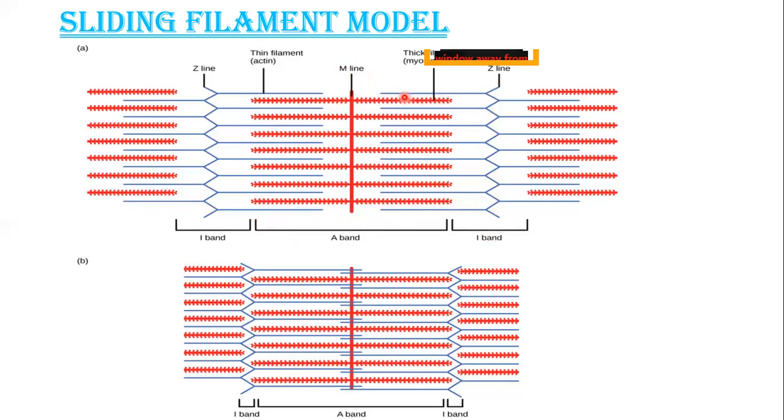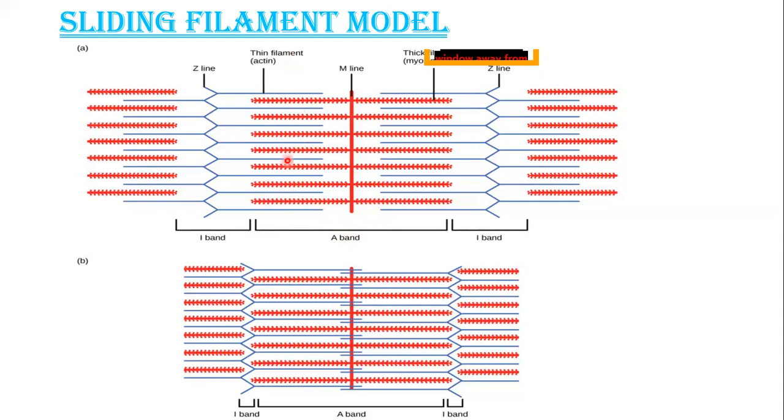Now, students, you can see that the dark band is not only made up of myosin filament, but from its ends it is overlapped with what? With actin filament as well. That's why it is darker at its ends and lighter in the center. The central lighter region of the dark band is called what? H zone or Hensen's zone. Hensen means bright, while its ends are darker, just because of the overlapping of this dark band with actin filament.